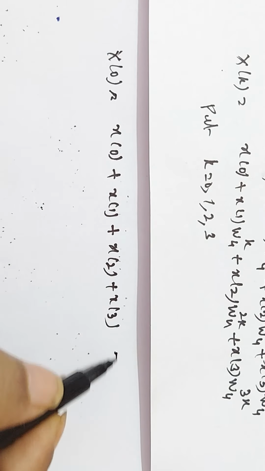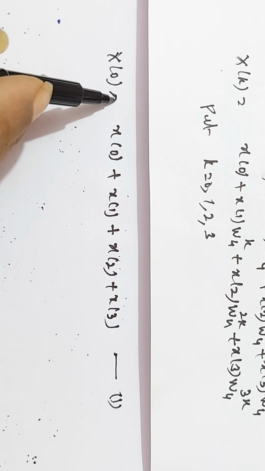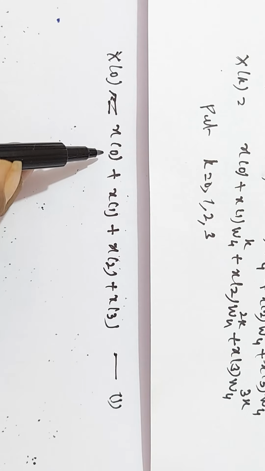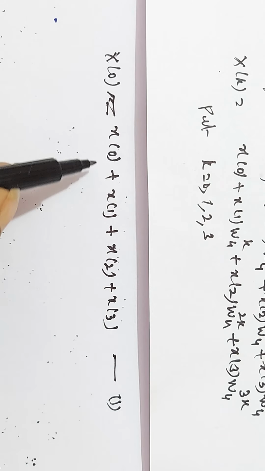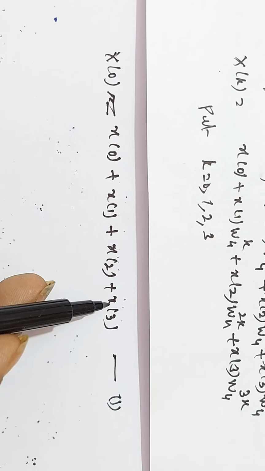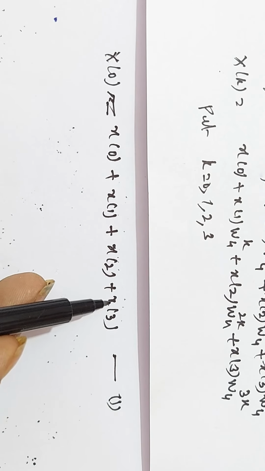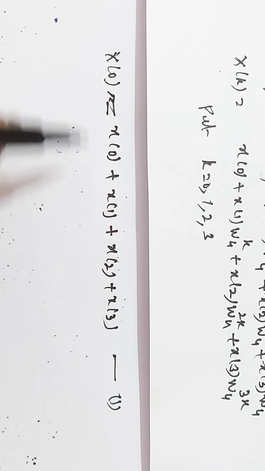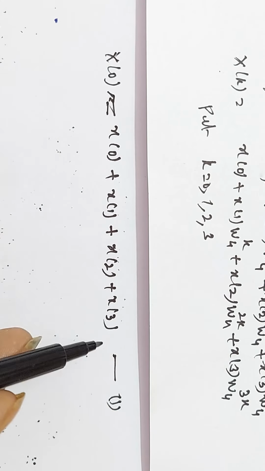So this is the first point DFT. The first point DFT is given by capital X of 0, which is equal to x of 0 plus x of 1 plus x of 2 plus x of 3, where x of 0, x of 1, x of 2, x of 3 are called the sequence of a given function. Now we are finding the DFT of those sequence. If you have 4 sequence, then you can calculate the first DFT point as X of 0 is equal to x of 0 plus x of 1 plus x of 2 plus x of 3, equation 1.